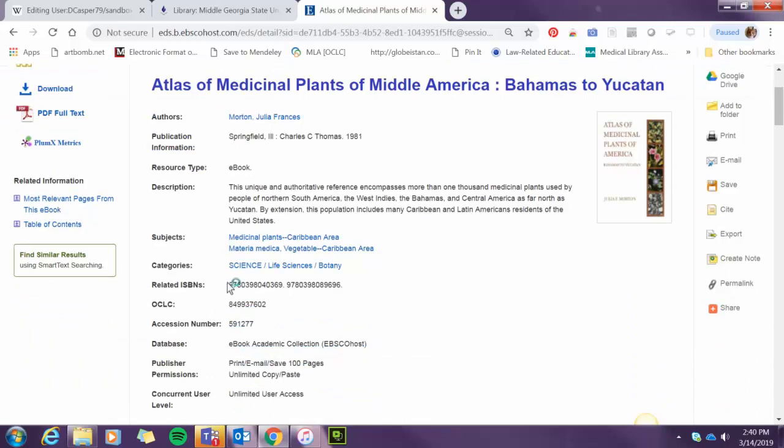And I got the detailed record. I've got my ISBN number. And I can go to my article